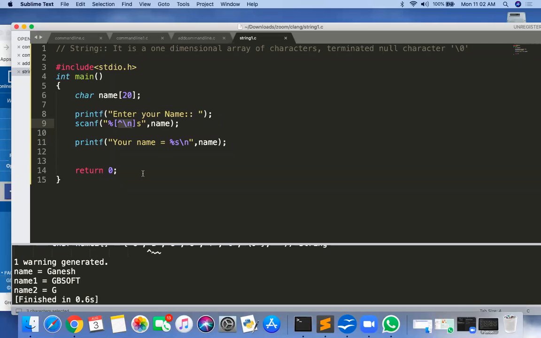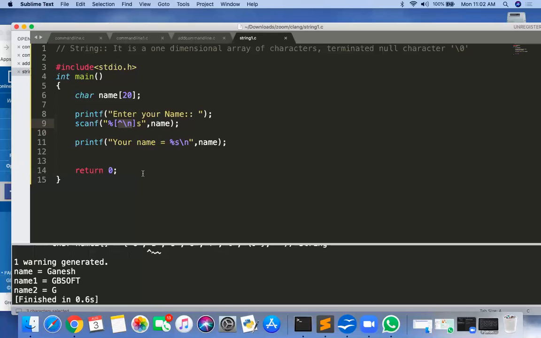Up to space, up to tab, I don't want to scan. Up to \n, I want to scan only. Until you press \n, your string is there. Space is also included now in your string. Tab is also included. So if you want to scan a string with space, use this technique.